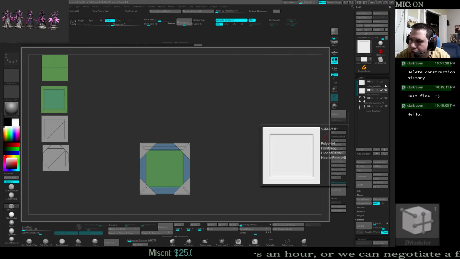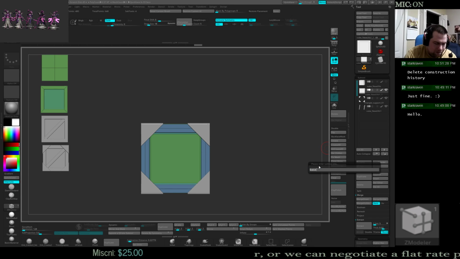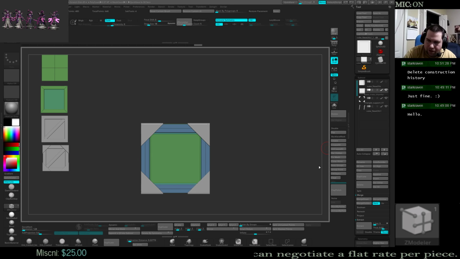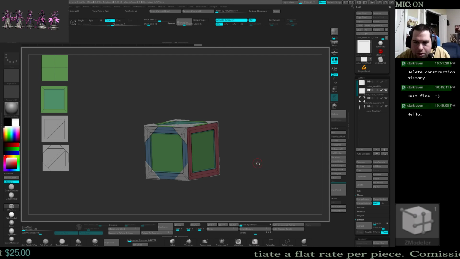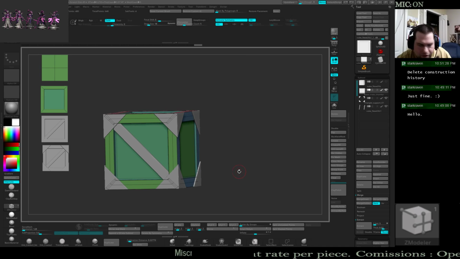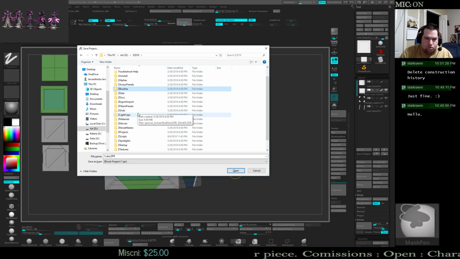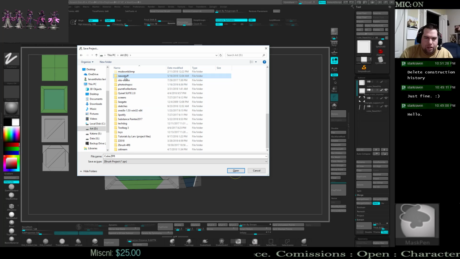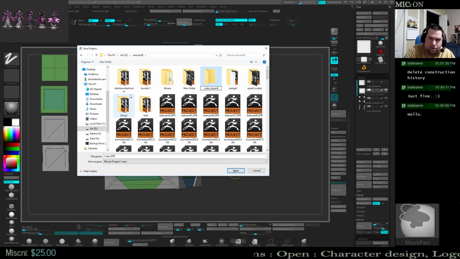So I'm going to hide the original one, and I'm going to rename this base create chamfer in case I have problems with it later. I have another one. And since I haven't saved this project yet, I'm going to go ahead and do that. And then we'll put it under the new stuff, I think. New folder, cube, or create stream,